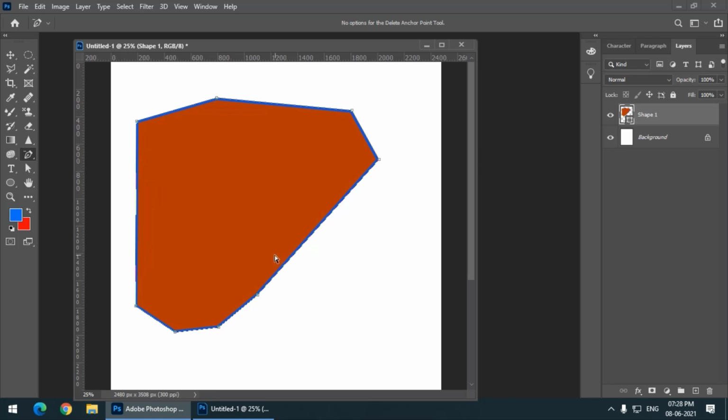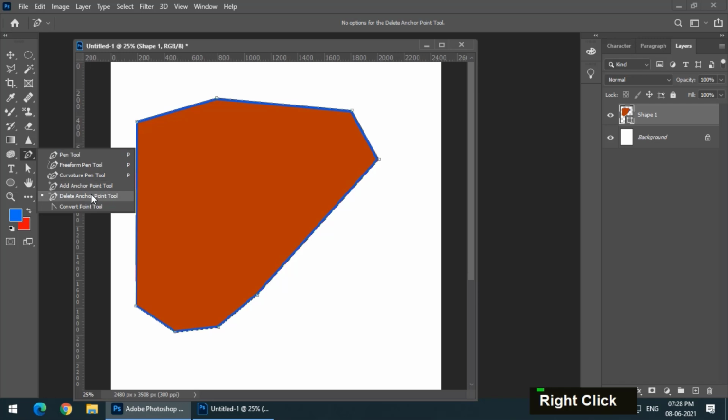So we can add anchor points, we can also delete anchor points. So these are very important tools, add anchor point and delete anchor point. This is also very important. We can convert any point to curve or straight line, or vice versa. So pen tool and these three tools together, we can create any shape we want.